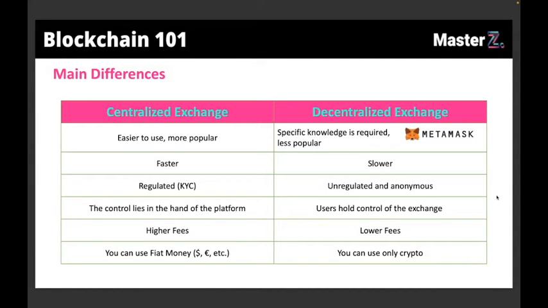What does it mean? That the code that someone has written is open to everyone. So everyone can see the code, copy it, and make their own exchange, for example. And that's what happened a lot of times in the past, where people took one exchange from one blockchain, copied the code, and took it to another blockchain. So they do what is called forking. And also, the code of the smart contract cannot change, of course, as you know. Once a smart contract is written, it's set in stone, let's say.